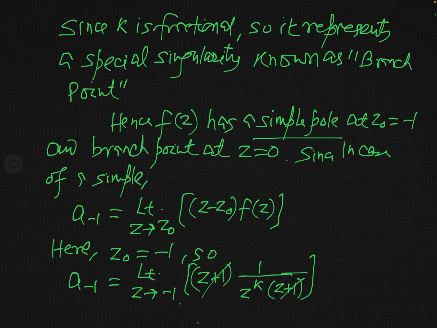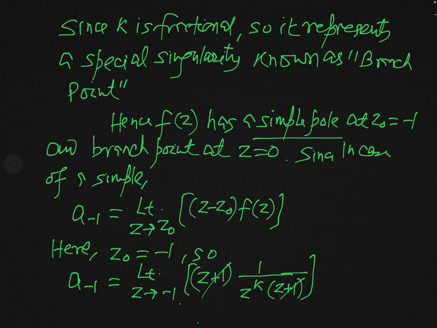And you know, in case of a simple pole, the residue a minus 1 is simply equal to the limit as z tends to z0 of z minus z0 into f of z. Now, since z0 is equal to minus 1 and f of z is equal to 1 over z to the power k into z plus 1,